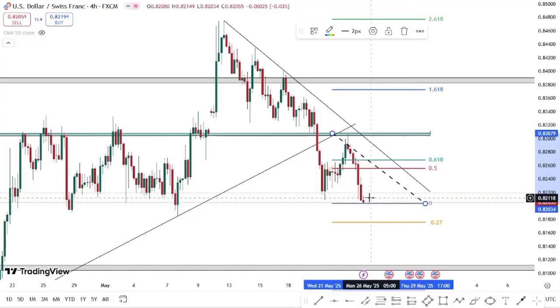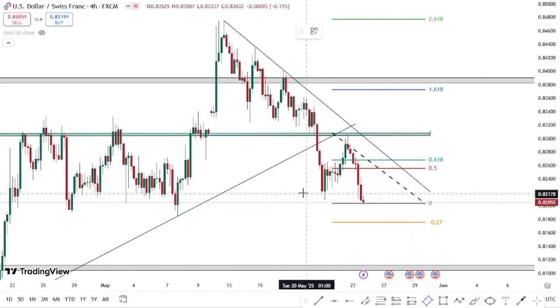I repeat, ideally, I will be expecting USD CHF to come back into this particular zone before we start looking for selling opportunity. But if in case it doesn't get to this zone, I will want it to come back into this our golden zone or make a touch of this trend line, then I'll start looking for selling opportunities. But if price decides to continue dropping at this zone, of which I will not fancy the entry,